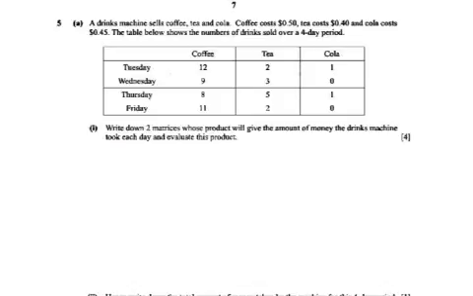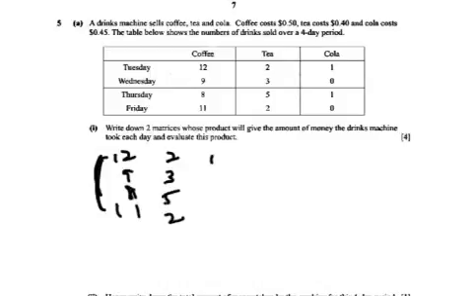Okay, the first part is 12, 9, 8, 11, and then 2, 3, 5, 2, 1, 0, 1, 0. So the first column is coffee, the second column is tea, and the last column is Coca-Cola. And then the price of coffee is 0.5,